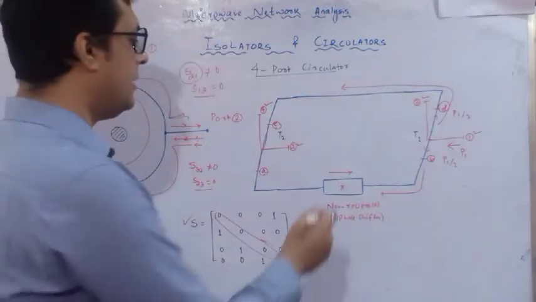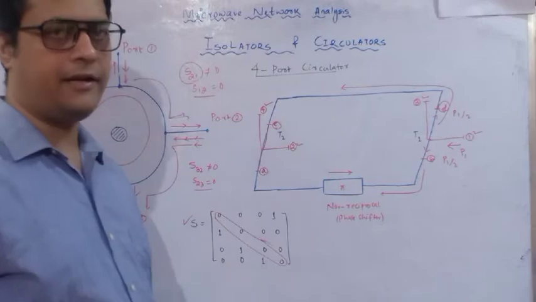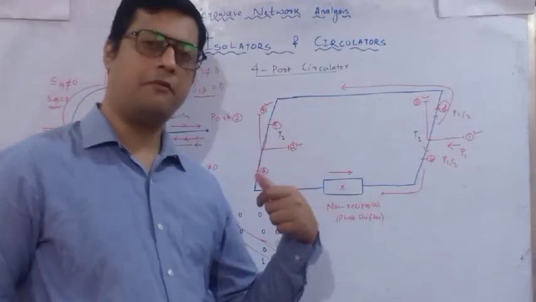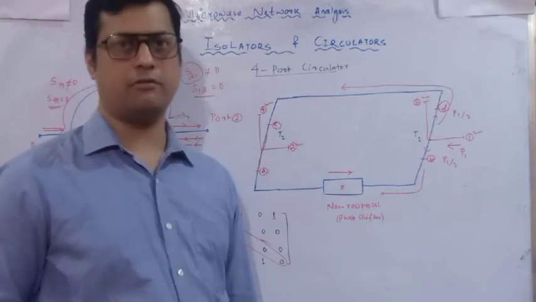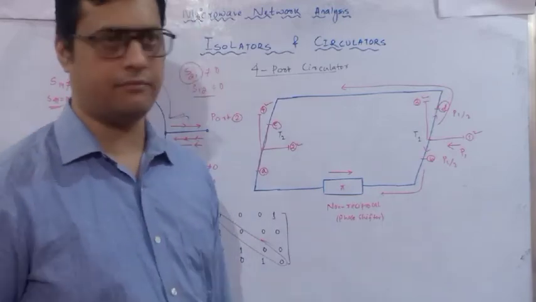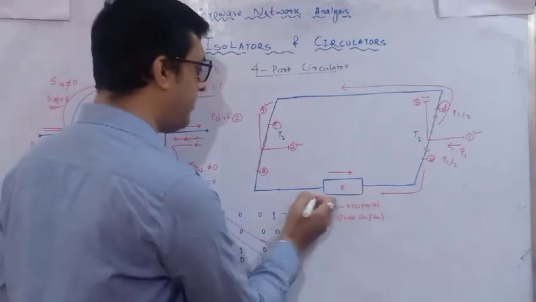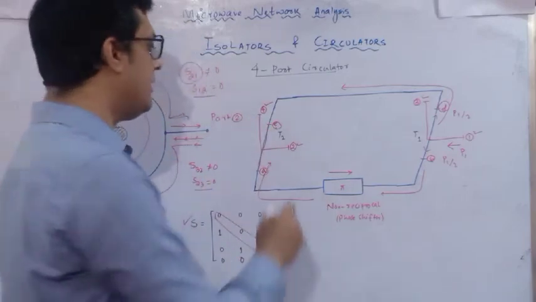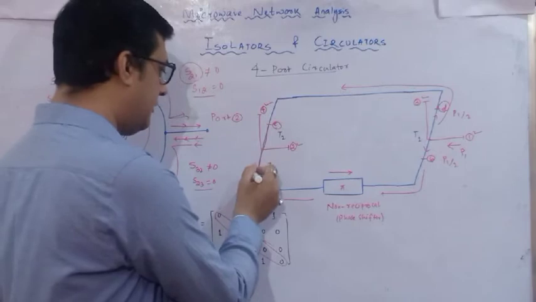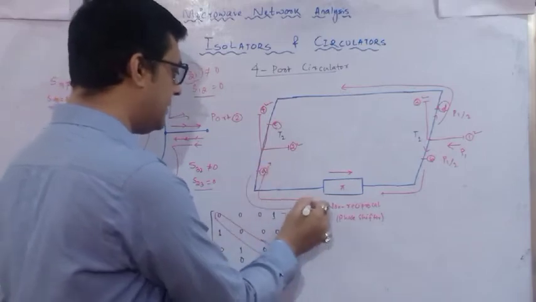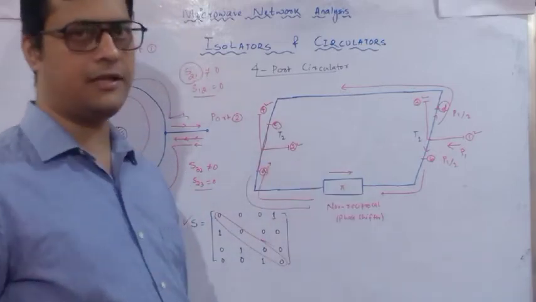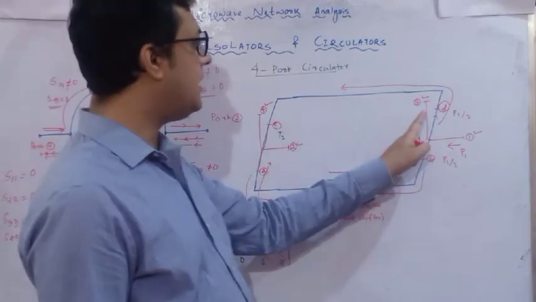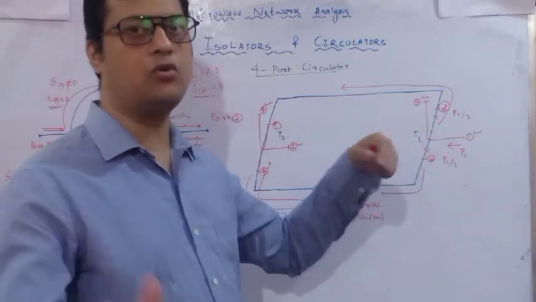Now this non-reciprocal phase shifter, what will happen? It will not change the phase shift of the incident wave. It will change the phase shift of the reflected wave. Means when the wave is propagating in this arm entering A, if some sort of reflected power is coming like this, this non-reciprocal phase shifter will change the phase shift, and when that phase is added at port 3, the output will be 0.